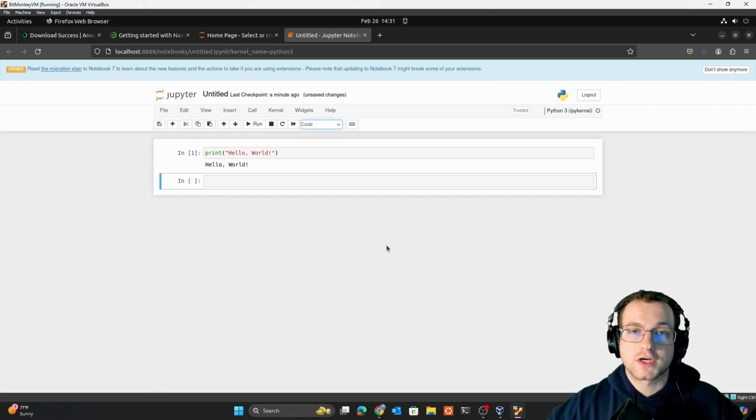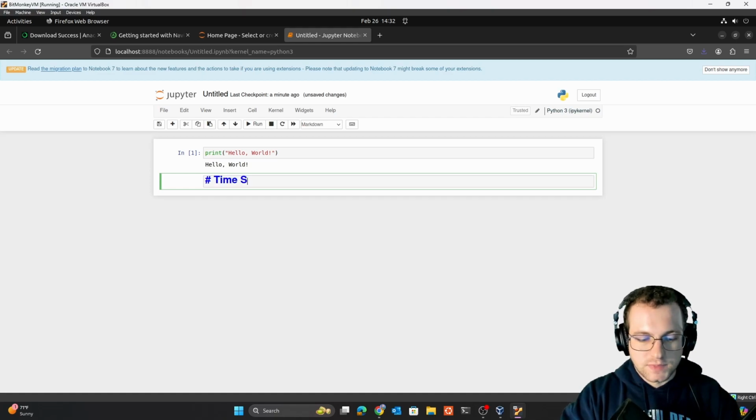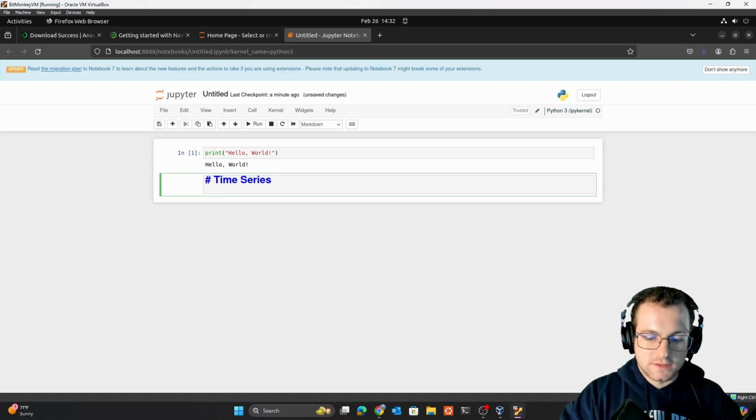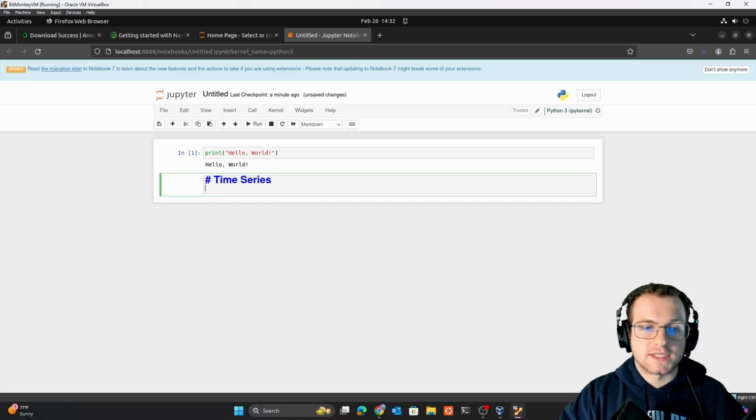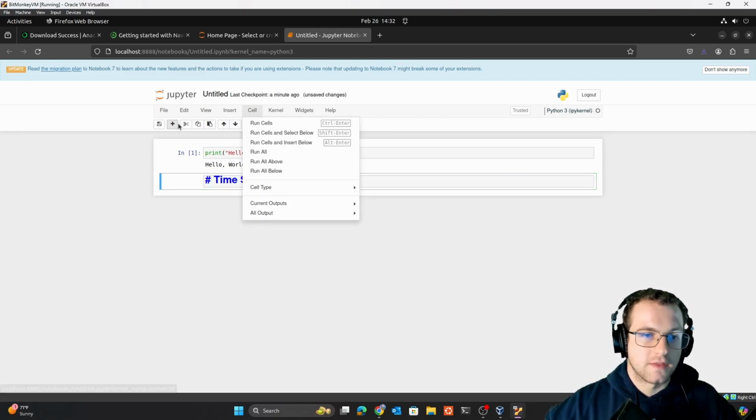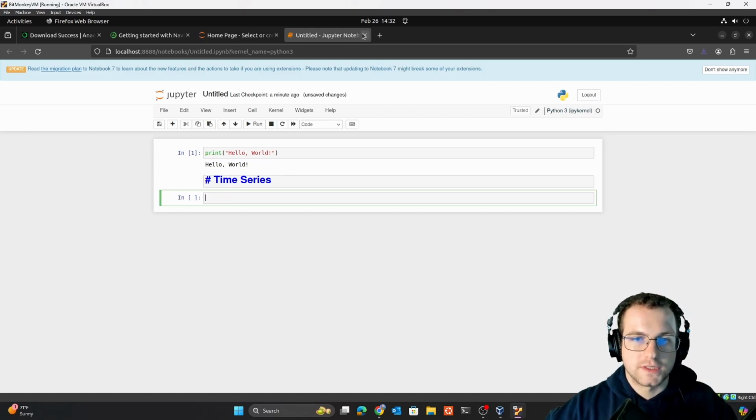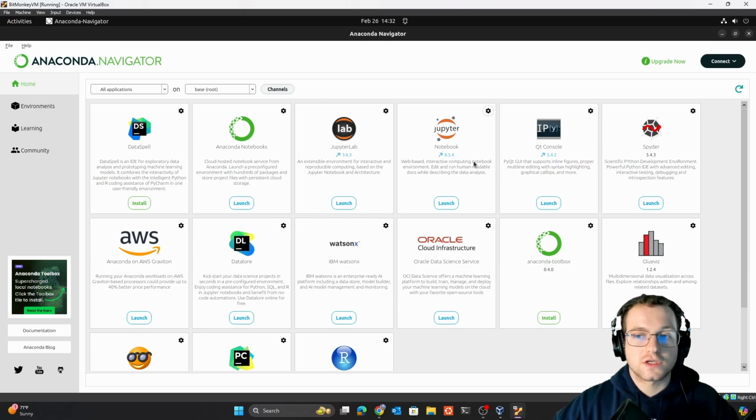Additionally, you can write markdown here. So I can say that this is going to be a markdown cell titled time series. And then I can go on to explain something about time series or a project. And this is really cool because now I can add another cell below this and write code about time series, right? There's all sorts of cool things you can do with Jupyter. So Jupyter notebooks are really cool, but